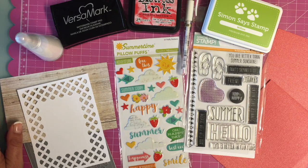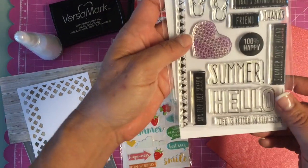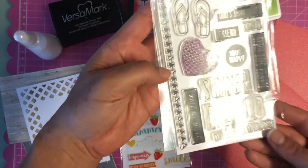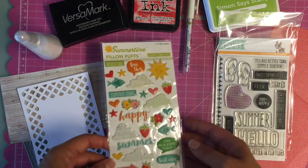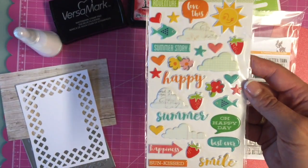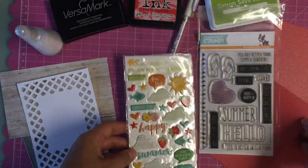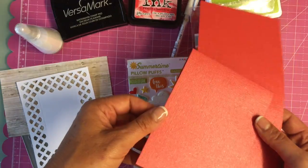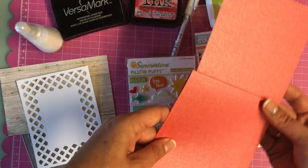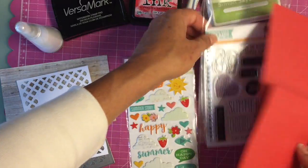August. I can't believe it's August card kit. This is the really sweet little stamp set, and it's kind of funny because I got the Pillow Puffs that came in the set, and I love these strawberries, and that combined with the red cardstock, it's linen, and you can see it's got a metallic sheen on it, that came in the kit, made me just think of